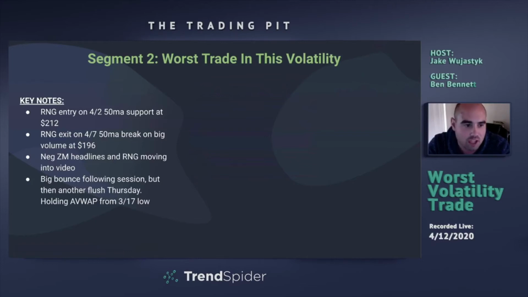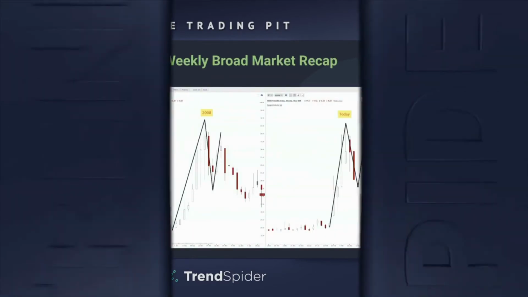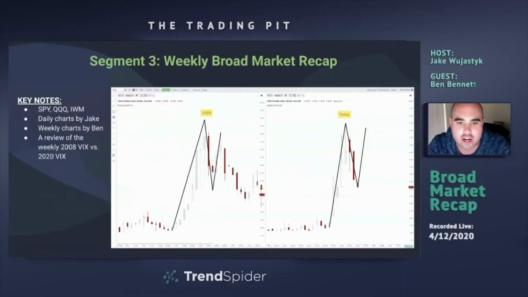So yeah, I'm sure a lot of people have some interesting things to talk about in their trades over the last month, but we really appreciate you coming on and mentioning which ones were good, which ones were not so good. And now going into segment 3, let's talk about the current market that we're in right now, which is absolutely kind of crazy, simply because some people think we should be crashing right now. Some people think that the news is already priced in. In this segment, we're going to look at the broad market chart, see what the charts are telling us, and try to go from there.